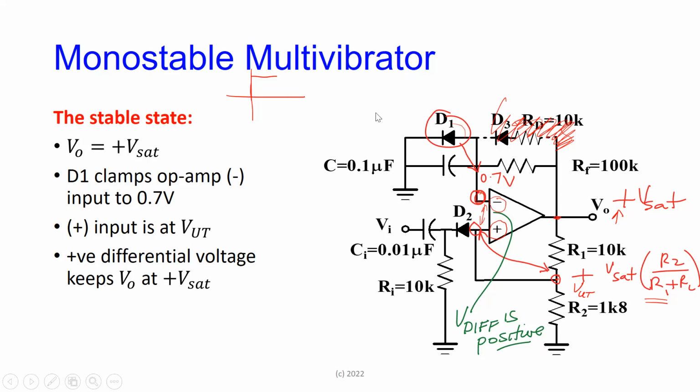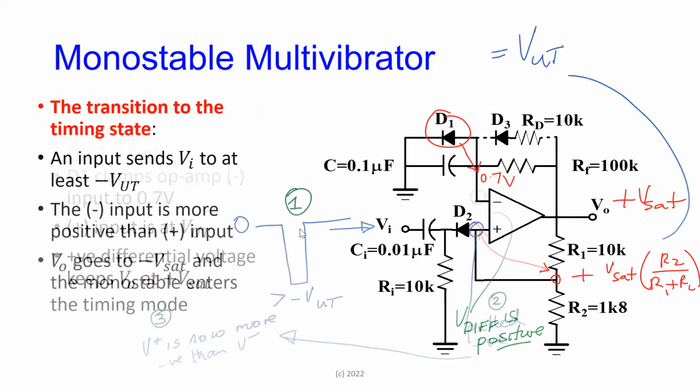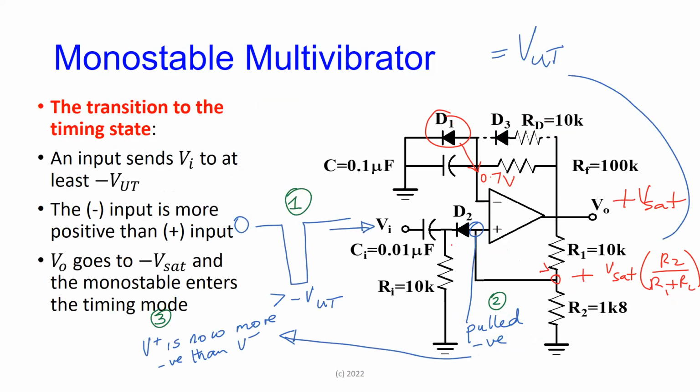Okay. So once the output here is at plus VSAT, this thing is going to stay there indefinitely. It's nice and it's happy. Let me now put an input at the point of the capacitor and diode, at these three components here. I am going to send Vin to a negative voltage of at least